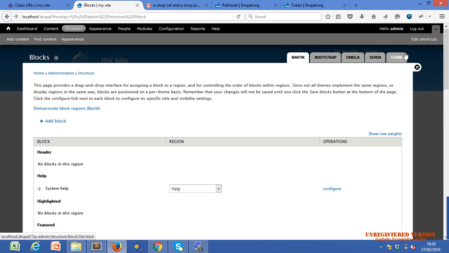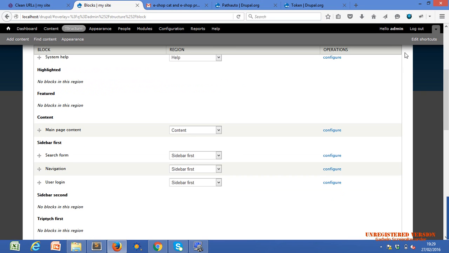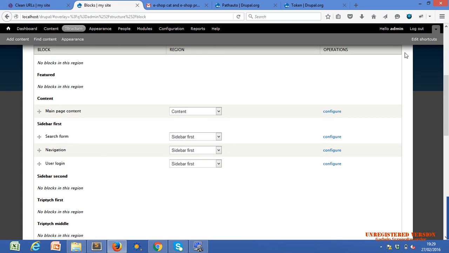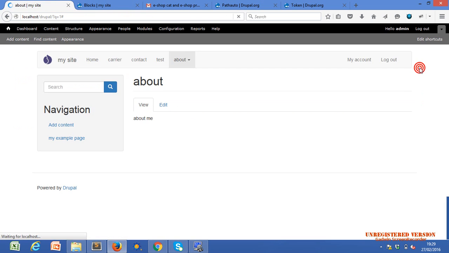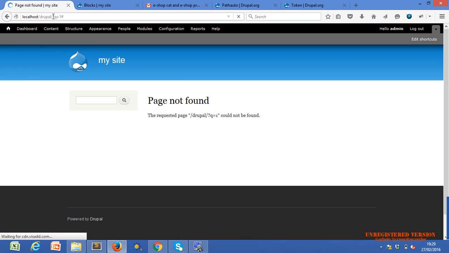Okay, now let's see user login. Let's see the search form sidebar. Where is the search form? We'll see about the URLs later.